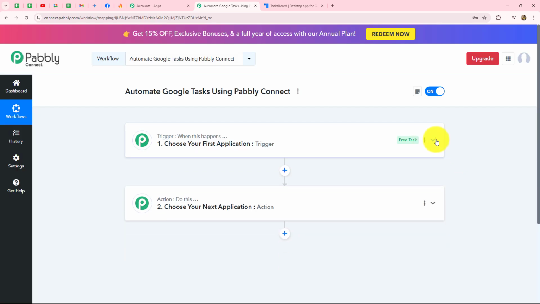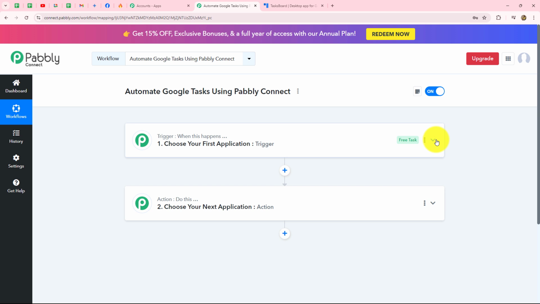As we do that, a new screen opens in front of us. As you can see on this screen, you will find two windows. First is the trigger over here and the other is action. So what are trigger and actions? Trigger and actions are the two main concepts, the principles, or we can say these are the building blocks on which the entire automation runs.